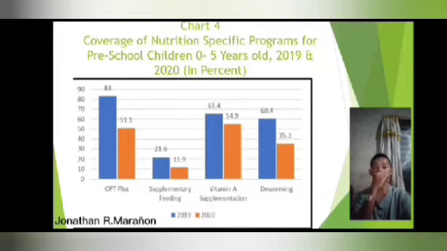Household participation in the government's nutrition-specific program for children went down last year. Only 51.1% of children in the surveyed households were weighed in the Operation Timbang or OPT Plus program, the annual weighing and height measurement of all preschoolers below 5 years old to identify and locate malnourished children in the community. This record was down from 83% recorded in 2019.